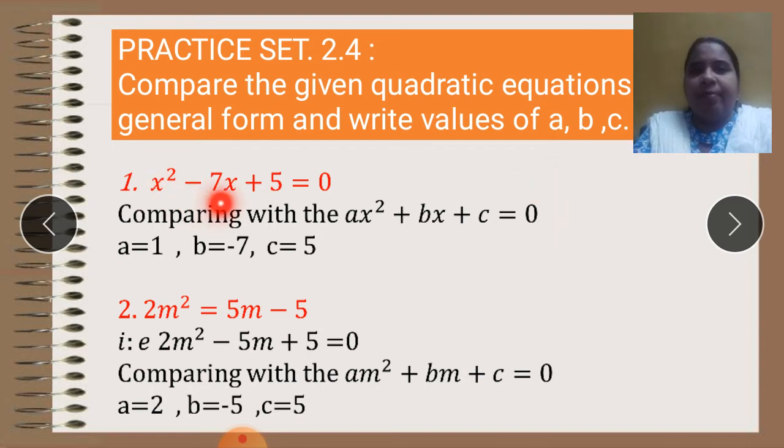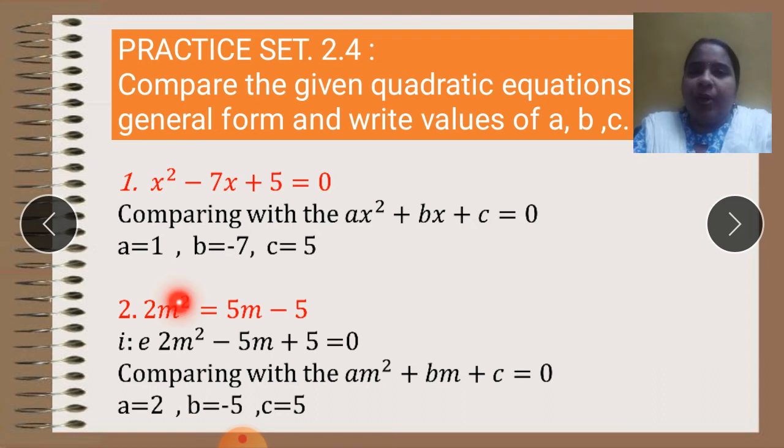See this, x square minus 7x plus 5 is equal to 0. Compare it with the standard form, ax square plus bx plus c is equal to 0. Now one thing I want you to remember: when you take the values of a, b, c, always take the coefficients with the sign. Nothing is written here, so what is a? 1. In the place of b, what is written here? Minus 7. Don't take 7. Take the number along with the sign. So b is minus 7. And in the place of c, what is written here? 5. So in this question, you just have to write it in the standard form and get the values of a, b, c. That is the reason I told you these are hardly 1 mark questions.